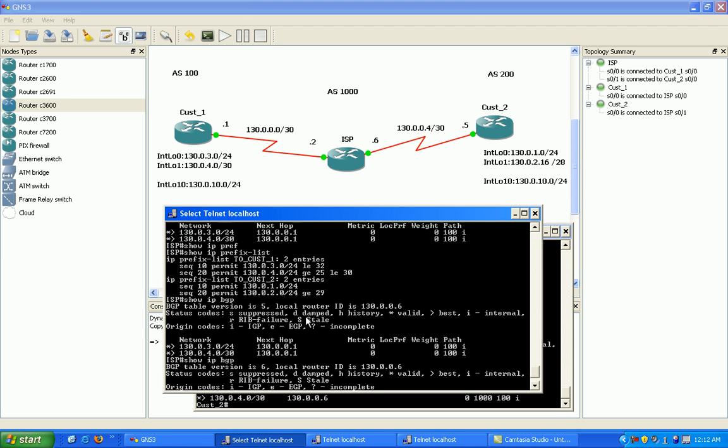Again, you're not seeing the 2 network because we're matching the 130.0.2 network with any mask that's greater than or equal to a /29, which a /28 is less than or equal to, is less than or equal to a 29. So